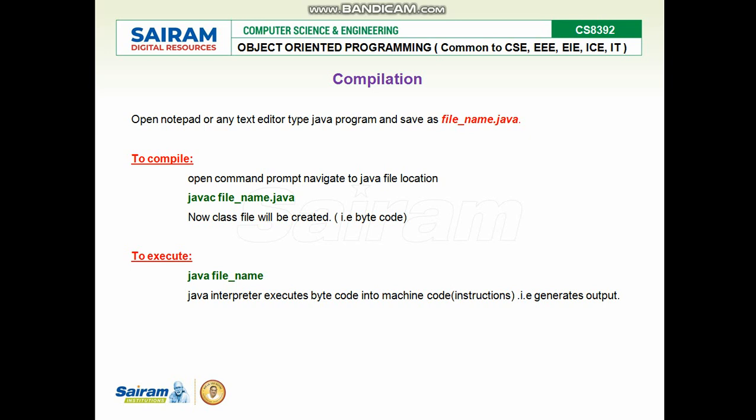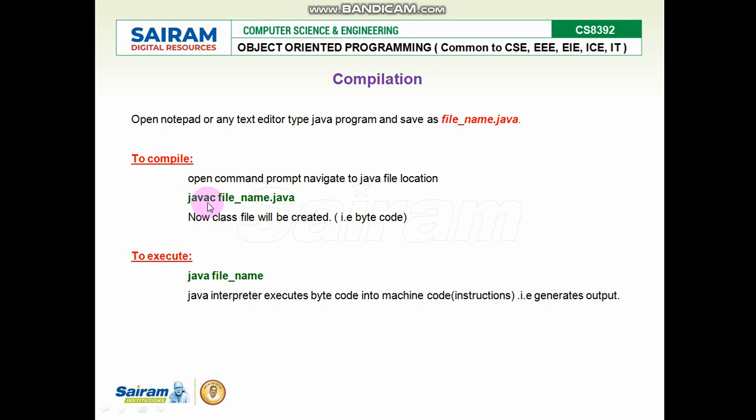So take your class name as your file name, save it as .java in any folder which you want. For example, in a D drive you are saving your file name .java. Open a command prompt and navigate to the Java file location, assuming that you have the Java file in D drive. So open a command prompt, type D colon slash. You will be in the D drive, and there, assuming that you have set a path in the permanent method, the environment variable method, now you can type